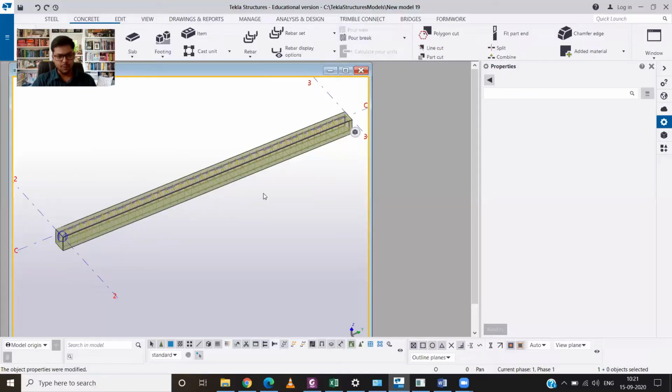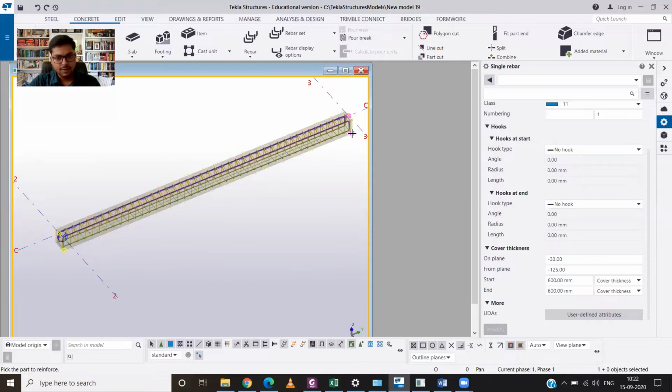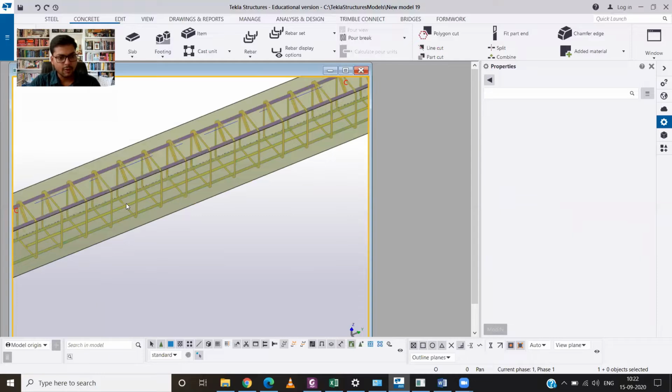So if you are our regular viewer, then you must know that this is the interface of Tekla Structures, and I have already created a model of beam and I have provided the main reinforcements. Now, what I have to provide is a single extra reinforcement. So I will start it from the bottom. So I will go to the rebar, choose bar, then select my object, then I will define the direction. Now I will come back in the same direction and then hit the scroll button of my mouse. Now you can click on interrupt and you will see that you have provided the bar.